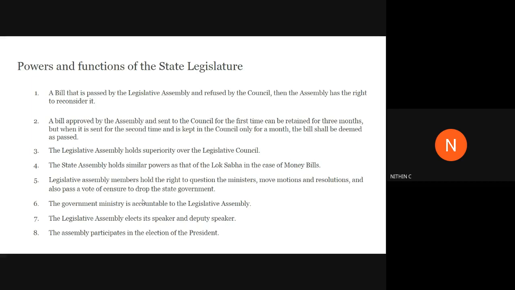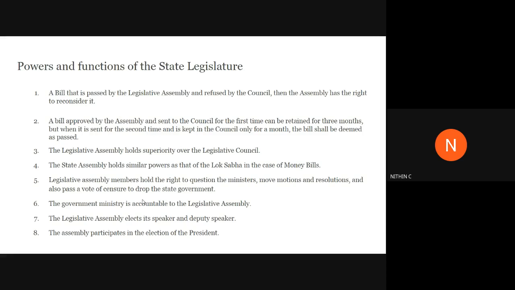For a bill passed by the legislative assembly, we send it to the legislative council, and for 3 months the council can keep it under discussion. After that they should reply. If they do not reply beyond 3 months, then it will be considered as passed. If a reply comes that they are against the bill, it will be sent back to the legislative assembly and the assembly can reconsider it. Again it will be sent to the legislative council for the second time. When sent the second time, it can be retained in the council only for 1 month. If retained beyond that, the bill is considered a passed one.